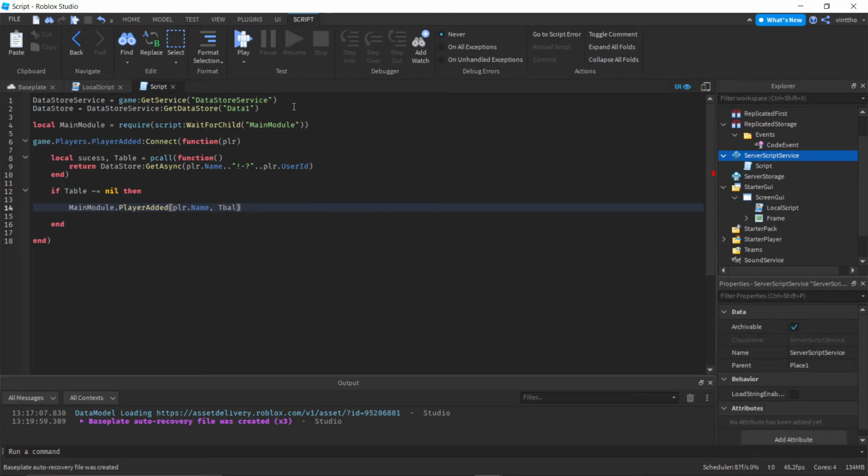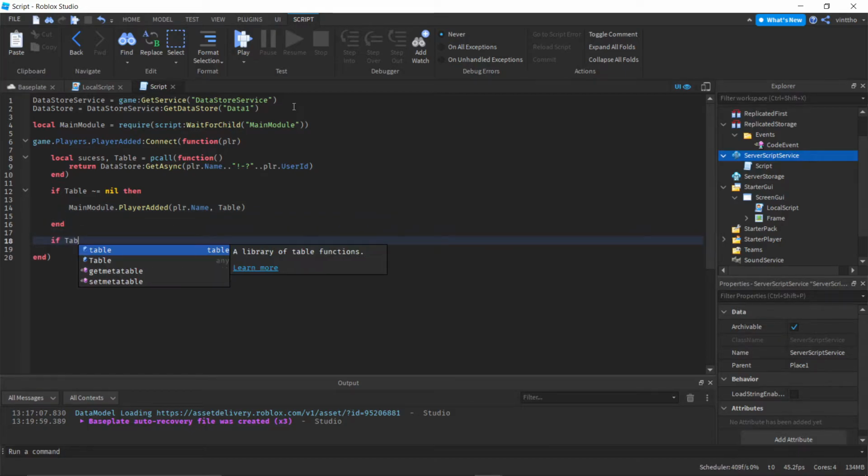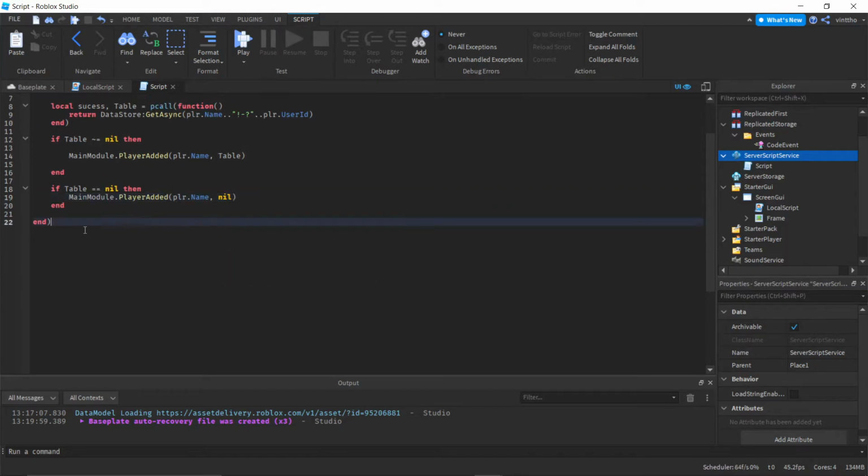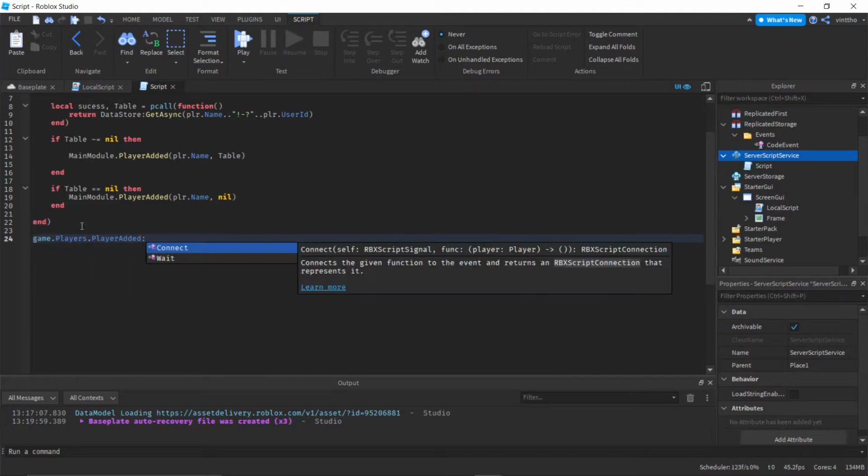plr.Name, table. If table is nil, which means it's a new player, then mainModule the player added plr.Name, nil. Then I'm going to save it, so game.Players.PlayerRemoving